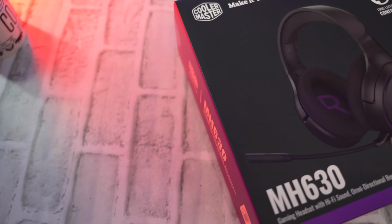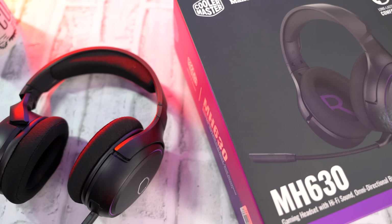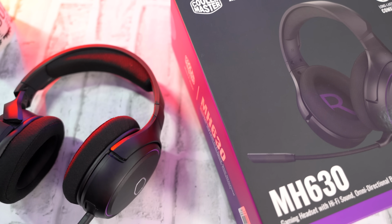Awesome headset here. All right, so let's dive into number one. The winner of this complete lineup here is the Cooler Master MH630 gaming headset. And as you can see, number one, this is one stinking good headset here. I absolutely love it. And I'm going to start right with comfort on this thing because it is stinking cozy,